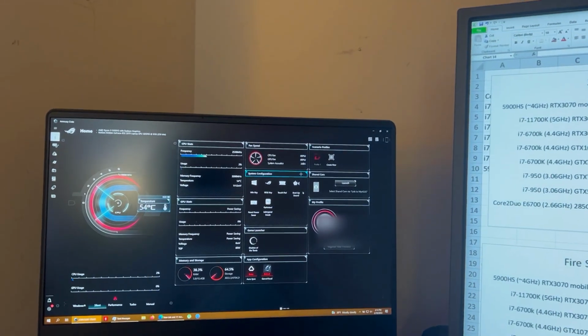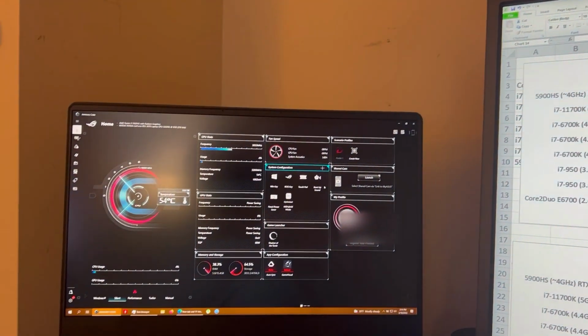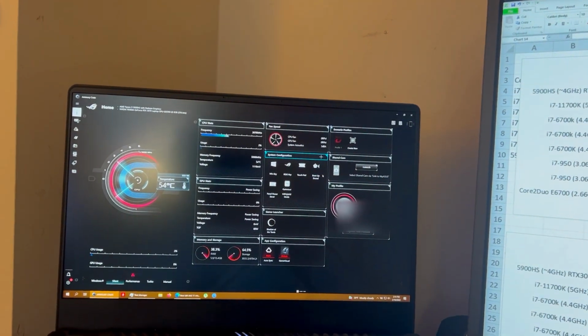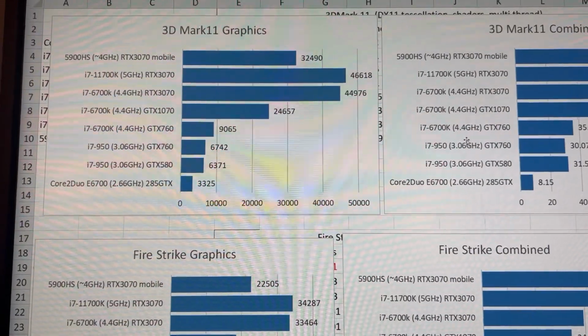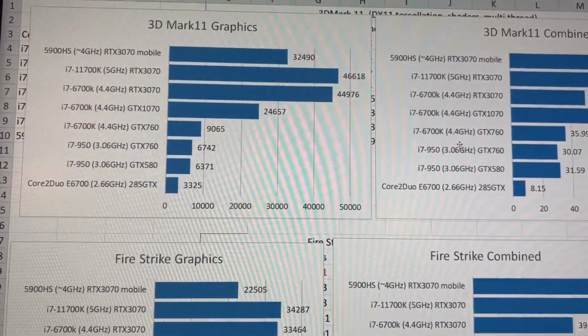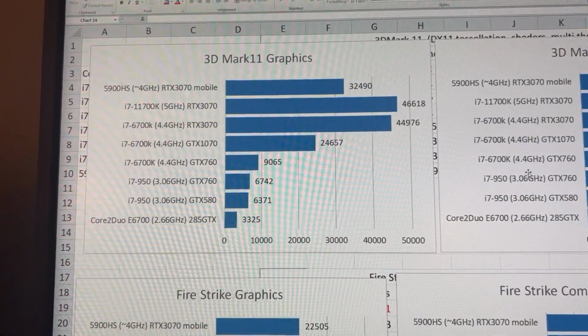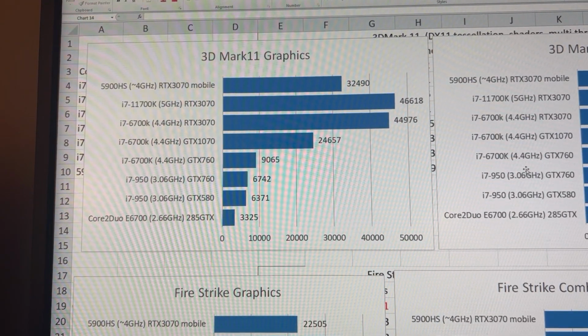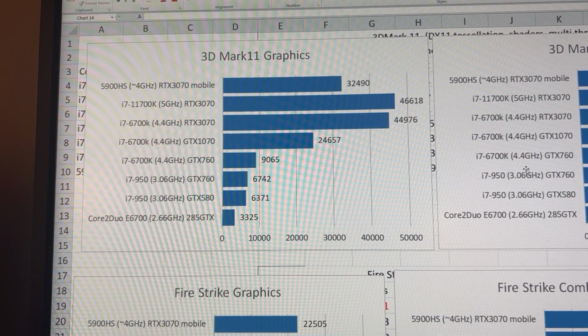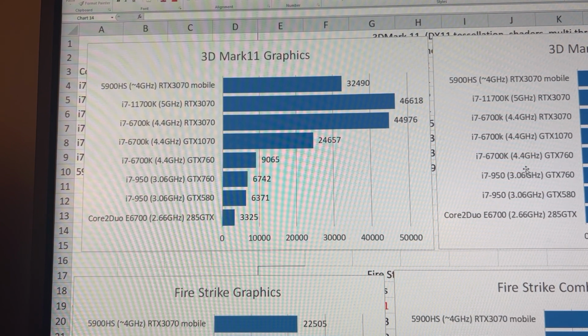Today I'm going to talk about the performance of the Zephyrus G15 laptop in comparison to a desktop, both in terms of performance and cost analysis. So right off the bat, the Zephyrus G15 that I have has a Ryzen 9 5800HS that